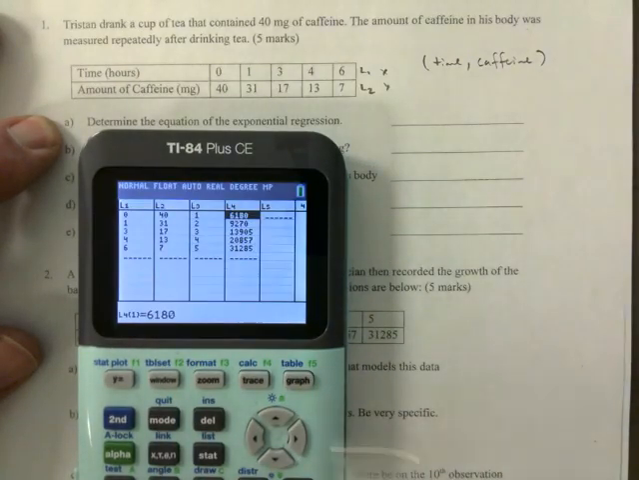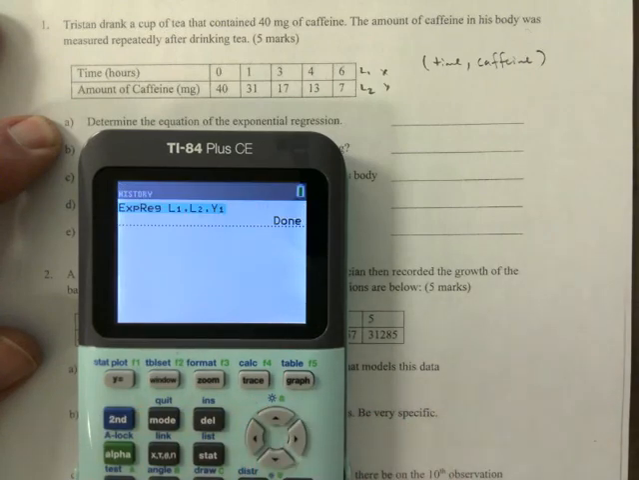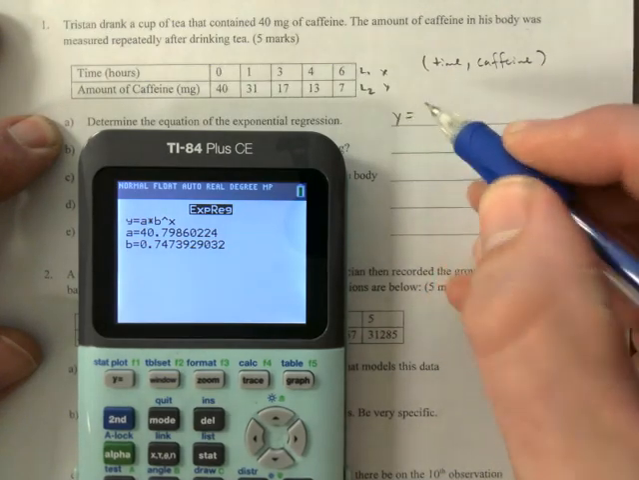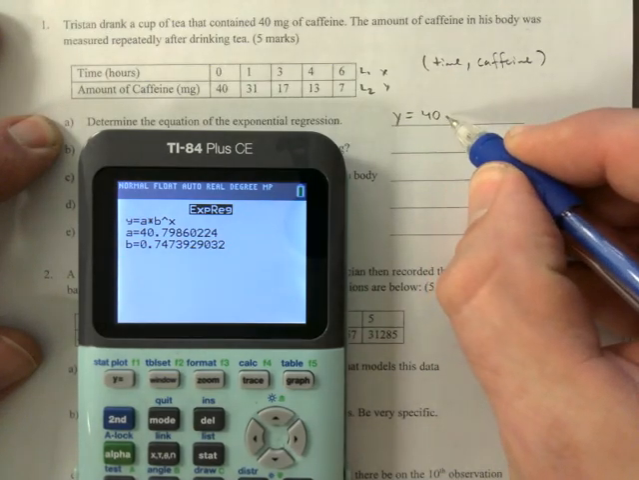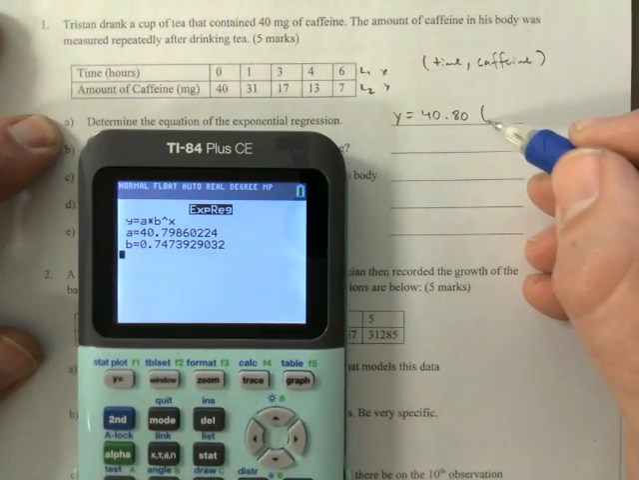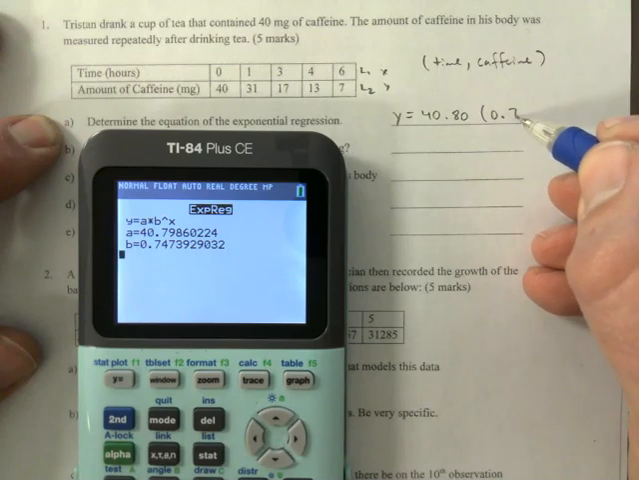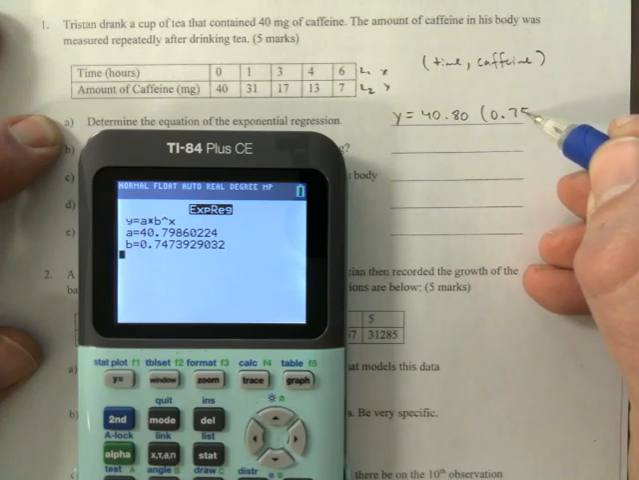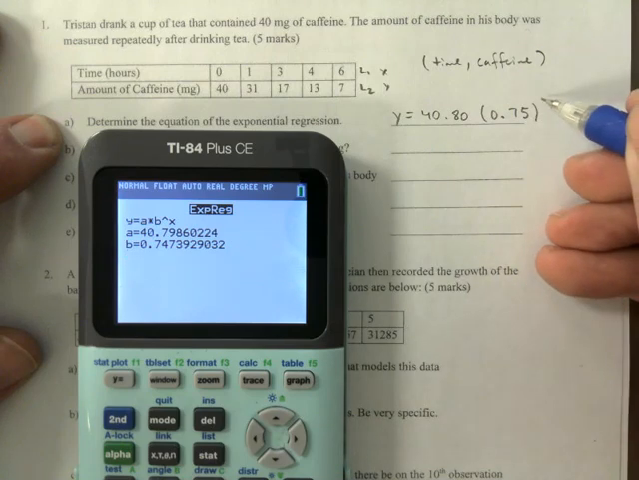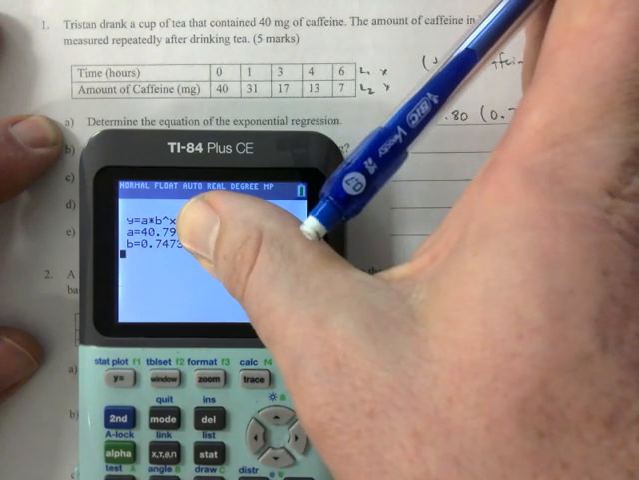I already entered everything into L1 and L2, and I already did the regression here. So today, if you just have the equation, that's fine. And this is technically 40.80, and it's 0.75 if you do 2 decimals. If you went with more than 2, that's fine, as long as you round correctly. So if it's 3 decimals, I'd expect you to go